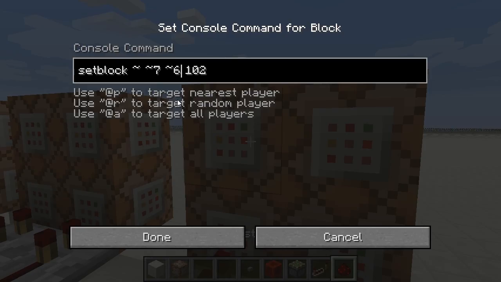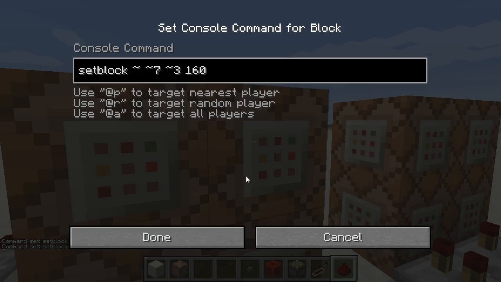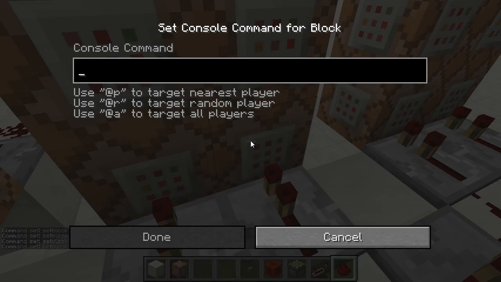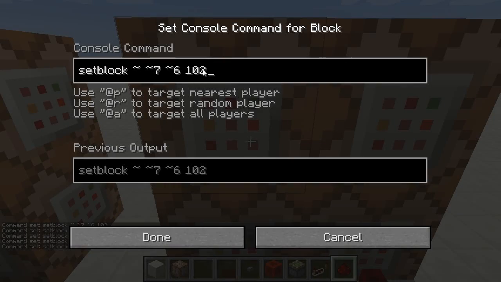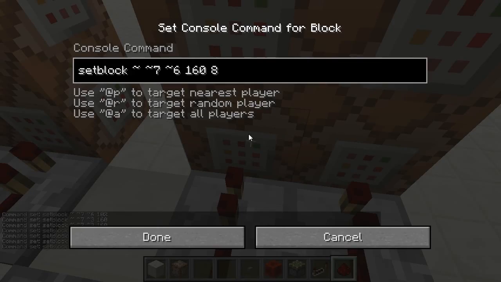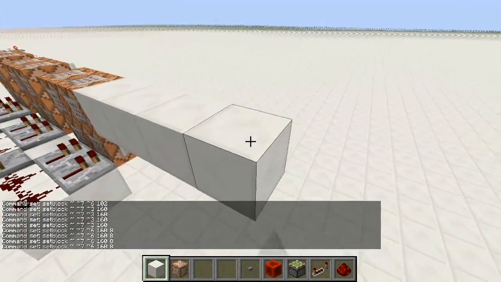Did I not copy the offset of 3 to these? Oh, I haven't pasted them yet. Okay, make sure that you have that command with an offset of 3 copied to all of those. This one is the same, but it has an offset of 6, and we also now need to specify the color. If you just type 160, like so, then that's just white. But if we want light grey, that has an ID of 8, so just put an 8 after the 160, like so. You can copy that, paste it to all of these,